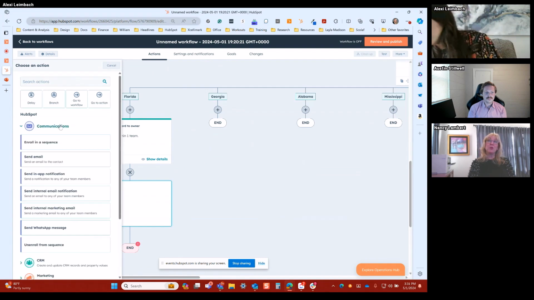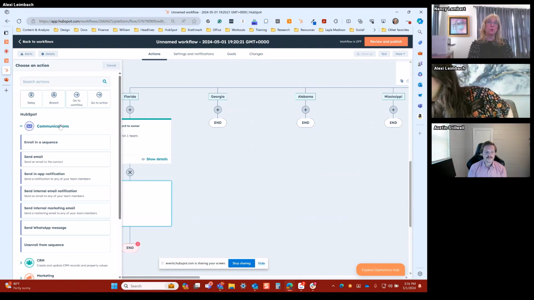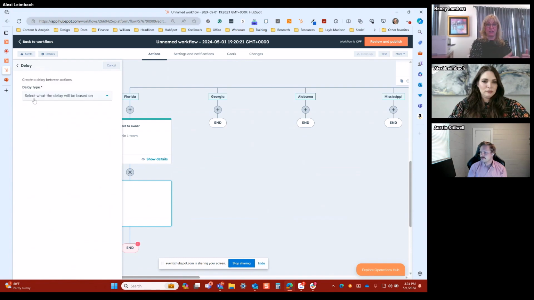We might, though, at this point want to put one more short delay in there, because now we're asking HubSpot to find the Florida team, do a round robin, and put a contact owner name in there. Depending again on how large your database is, it may take just a minute to do that. So you might want to do a 2 or 3 minute delay at this point, just to let HubSpot catch back up with what you're doing.